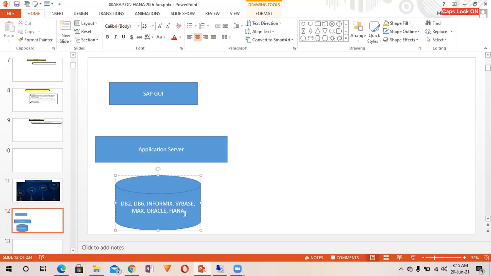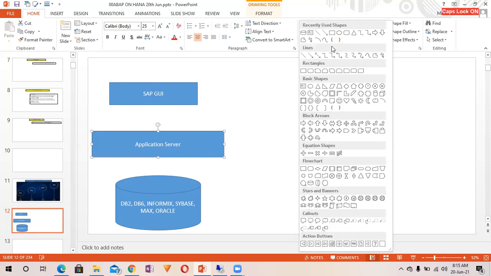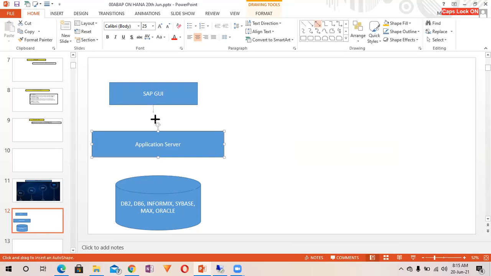It can be HANA also, but here we'll not be discussing HANA. I will be discussing HANA soon as an upgraded version. So this is the R3 architecture we have.